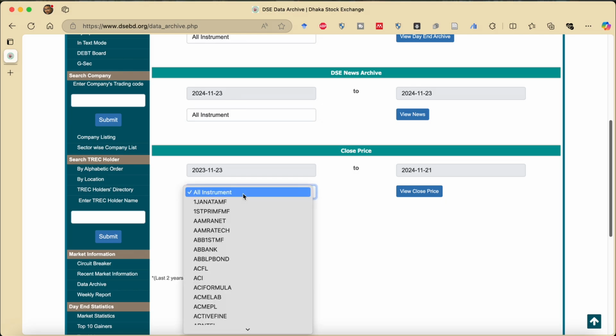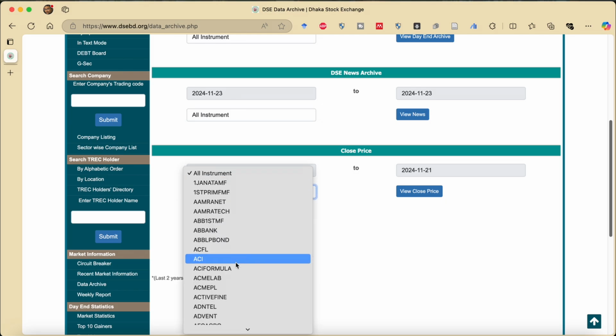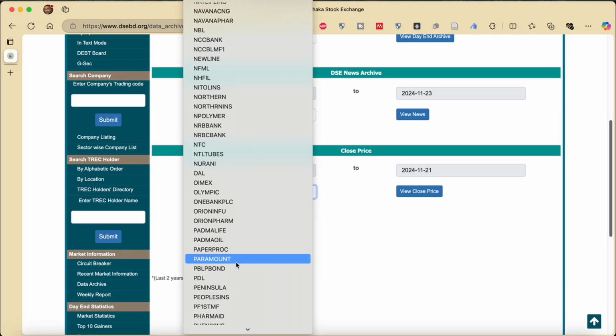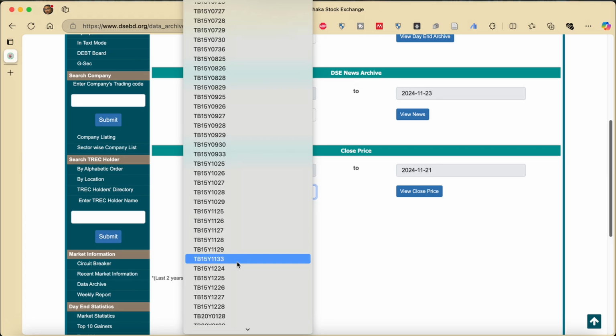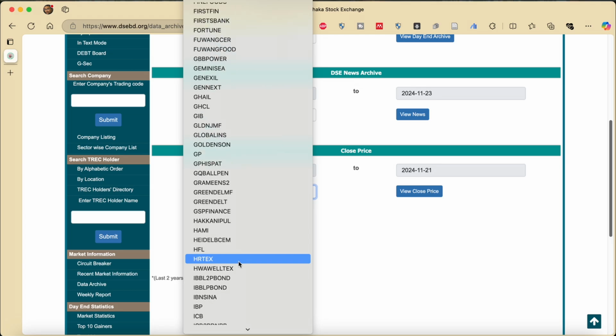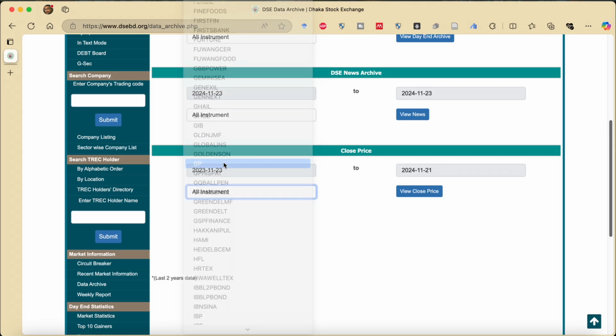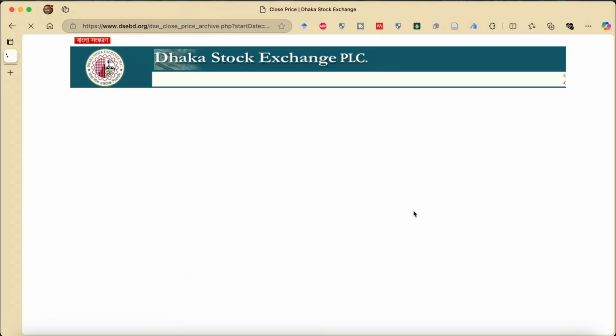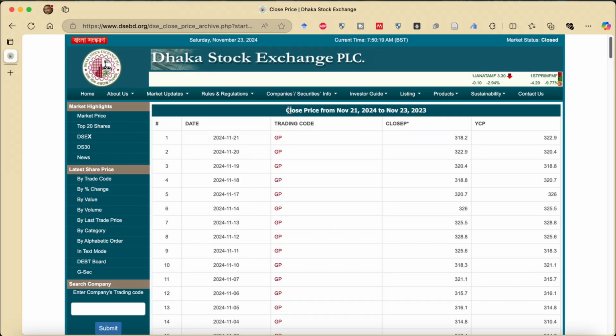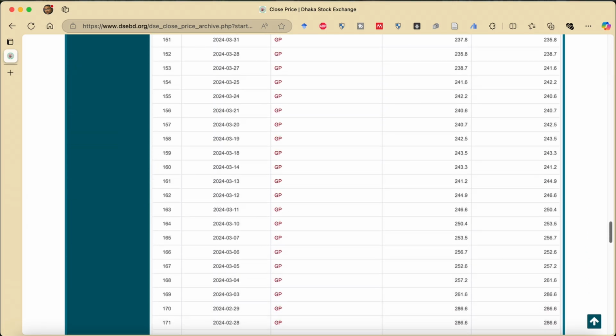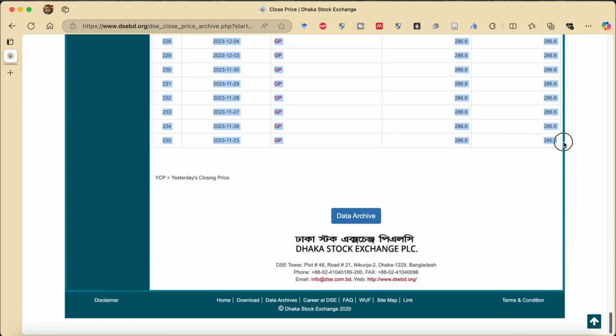And we don't want all instruments. At this stage, we will focus on only one stock. Later on, we'll go for a portfolio. So let me choose one stock with a shorter name, probably GP, a very short name, and view close price. So what I'll do is manually select the table containing the stock price, not going beyond the table, then copy it and